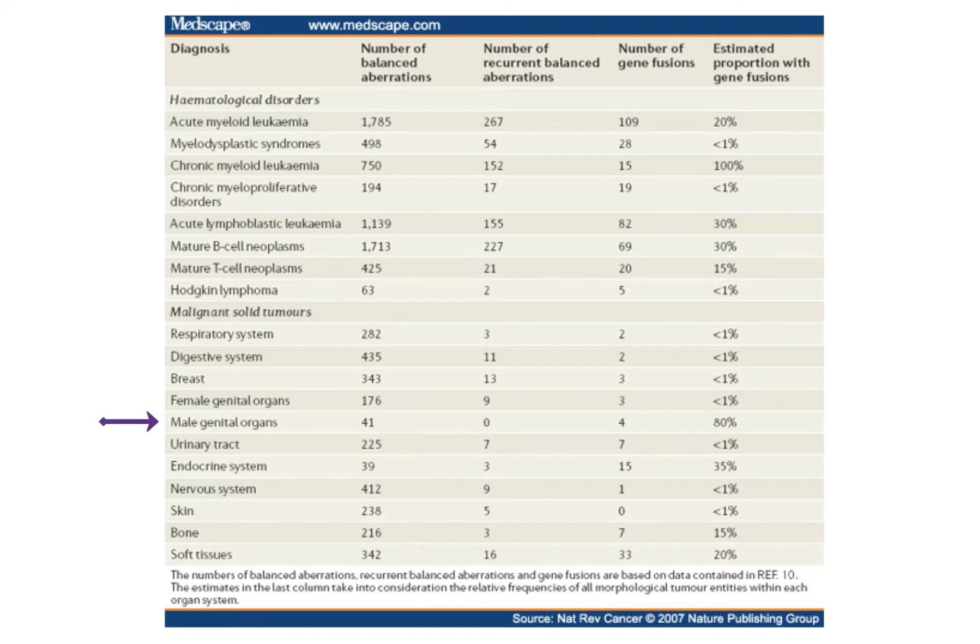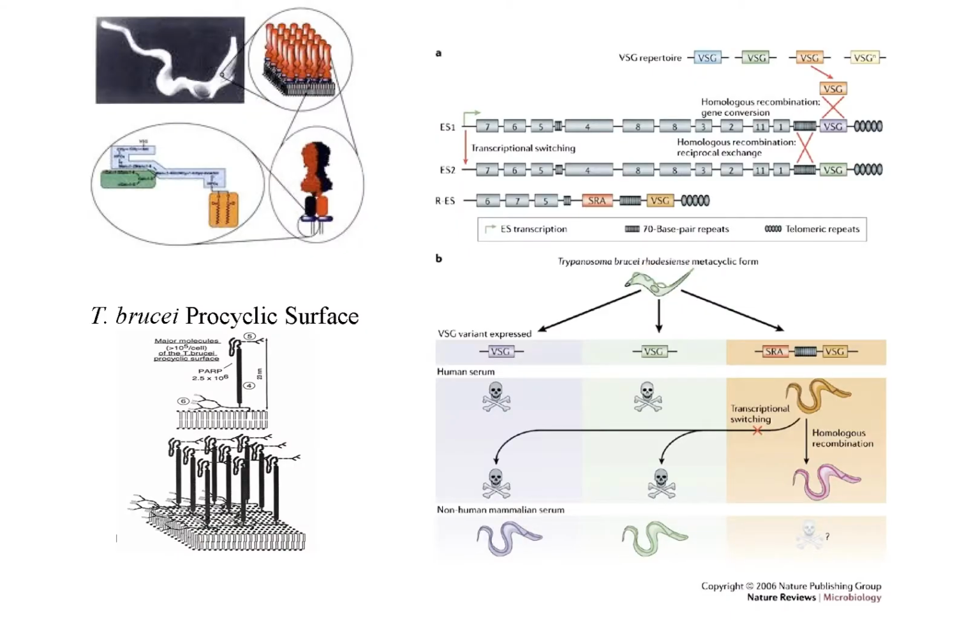And then another one down here at 80% are male genital organ cancers caused by cell fusions. And a couple others down here, soft tissue and some bone cancers, are caused by chromosomal translocations that cause gene fusions. Recombination events often cause changes in cell surface proteins among pathogens, and this one's for a trypanosome, but it